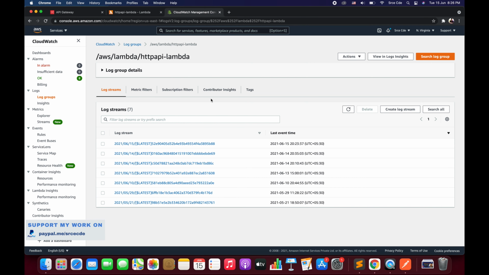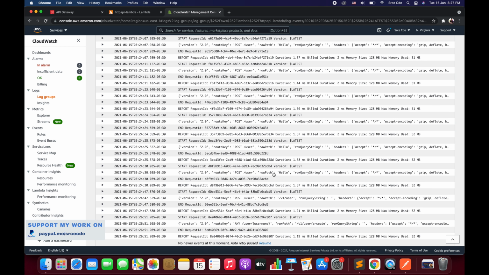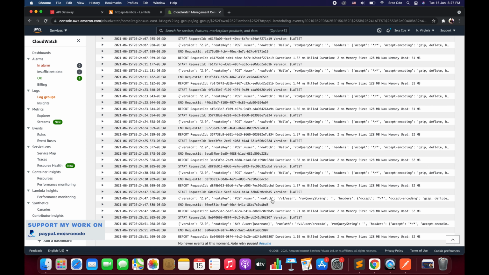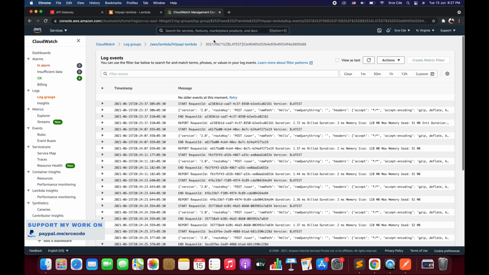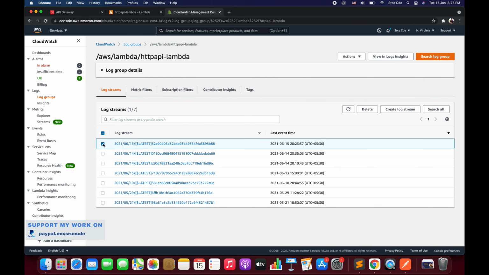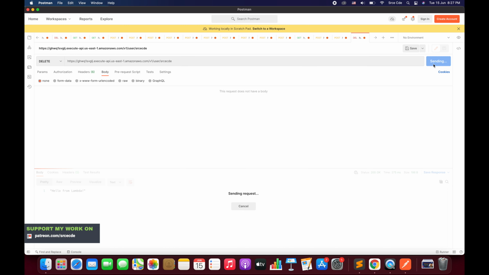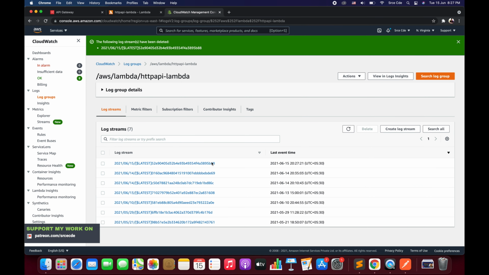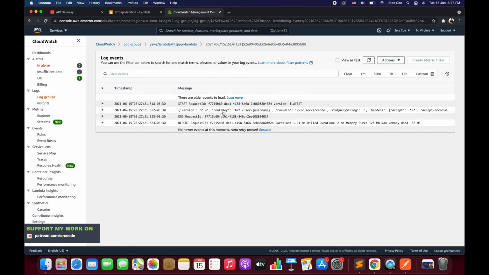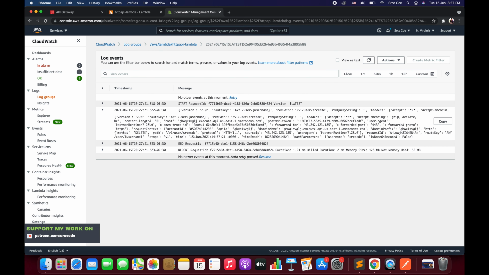Now let's have a look at the CloudWatch logs. I think it would be in the same log. So here we are at the very bottom. Let me delete this and re-invoke it again so that we can have a better view. I will say send. So here we have the log and the event. Within the route key, it's saying any method, followed by /user/username, right? So that's our route key.